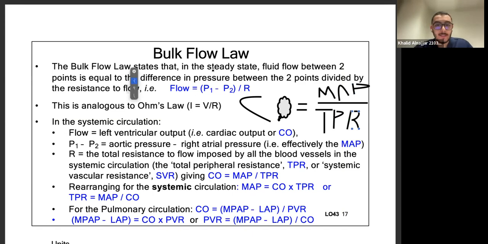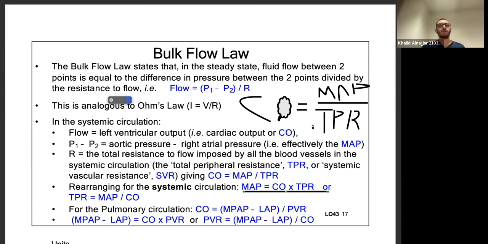We converted this equation, which is a physics equation, to a cardiovascular equation, basically. Cardiac output equals mean arterial pressure over TPR. And if we rearrange this equation, we will have mean arterial pressure equals cardiac output multiplied by TPR. This is used for systemic circulation. And this is a very, very important